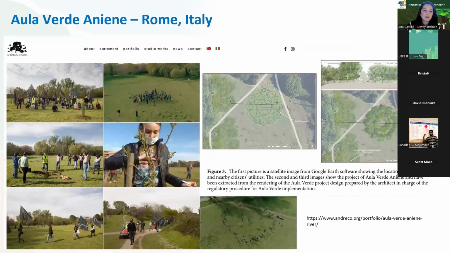And the next example I wanted to highlight is Aula Verde Aniene, which is in Italian, and it's a climate art project that was established in Rome, Italy. So this is led by an artist named Andreco, who conceived this idea of having, on Earth Day, people go out and plant trees in this design that he conceived, where you have these concentric circles. People participated in planting the trees, but as the trees grow, it will become a place that people can go experience